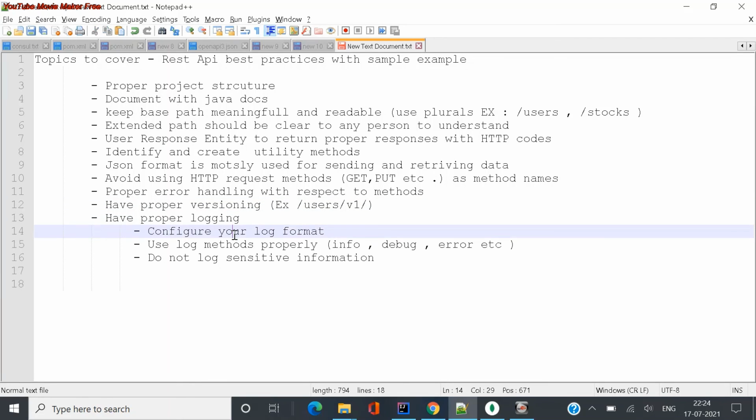These are the basic logging mechanisms which we should use: when to use info, when to use debug, then you have to configure your logging format, and we should not log any sensitive information. I'll make another video on this, and I'll try to make it as soon as possible along with the following video.